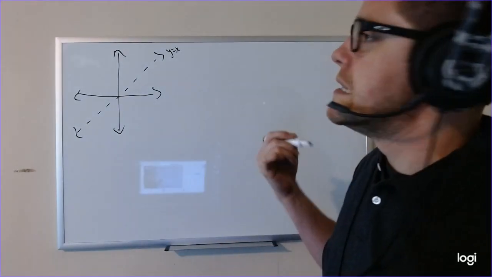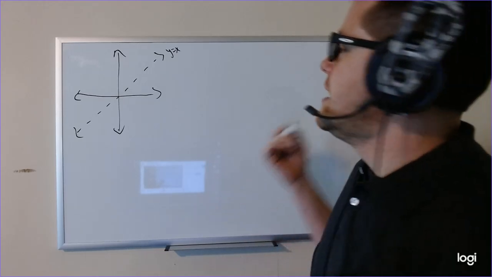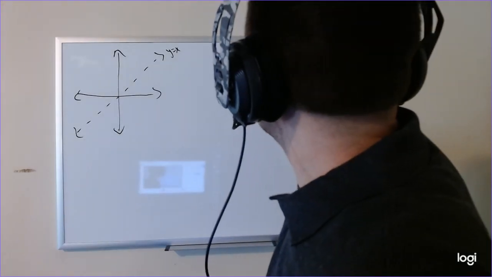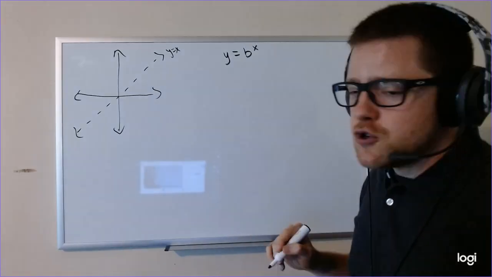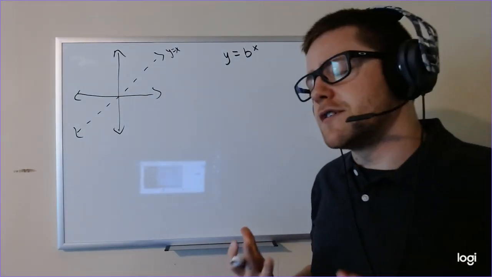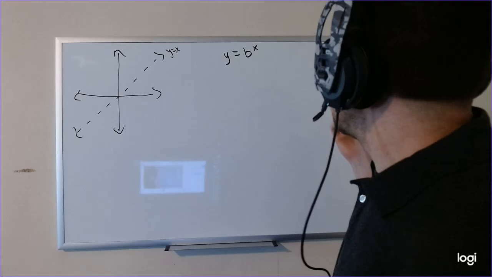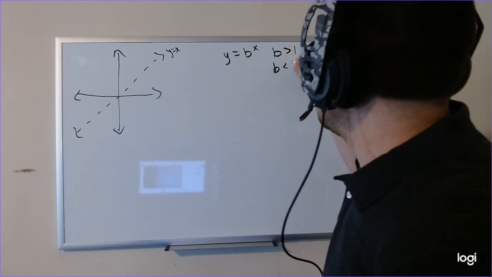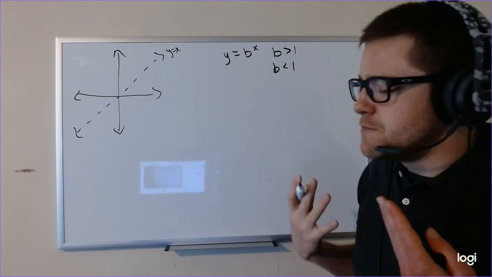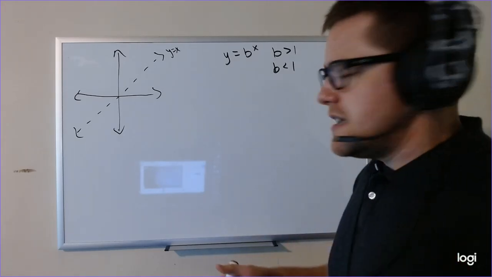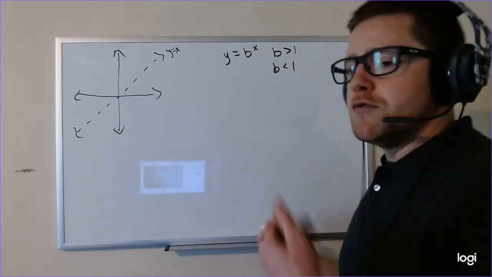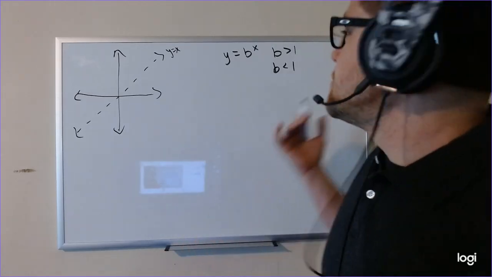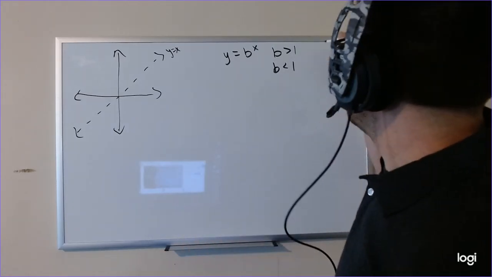So let's look at exponential graphs first. Our exponential function was y equals b to the x. And we had two different cases that we were concerned about. There was the case when b was greater than 1, and the case when b is less than 1. So when our base is bigger than 1, that means as our exponent grows, our output grows because we're multiplying over and over again by numbers bigger than 1. So this is going to be an increasing function,